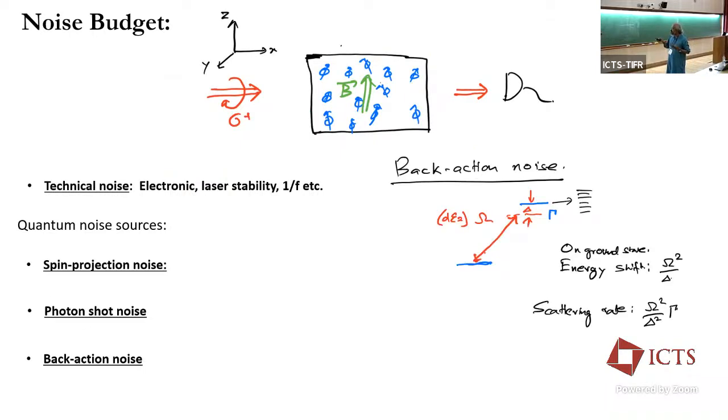And then finally, there is this back action noise, because you are using an optical field, and no matter how weak, there's always a coupling back to the atoms, trying to modify them. For reference, there's a very nice little example in Cohen-Tannoudji's Atom-Photon Interactions, first chapter. Suppose you have a state which is coupled to a continuum, so it picks up a line width. This is usually what we call spontaneous emission. But then you have a fully stable state, with no coupling to anything, but it's only coupled to the excited state. What will happen to this state?